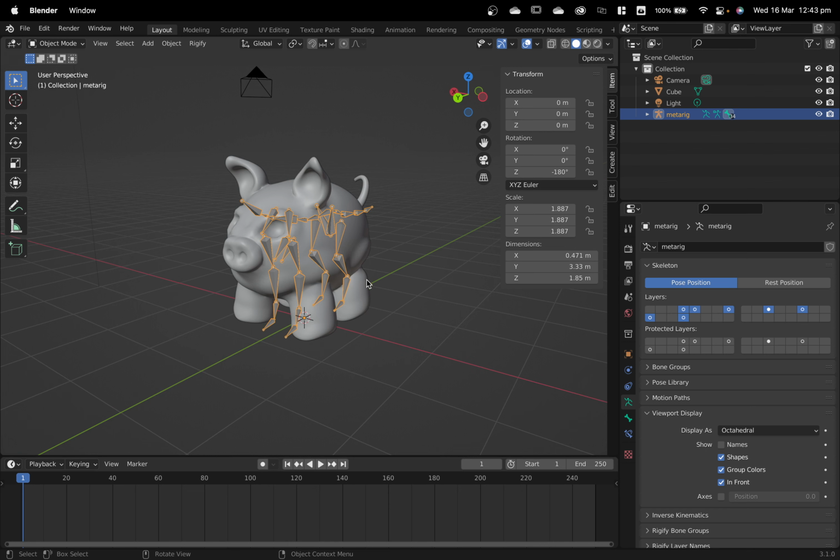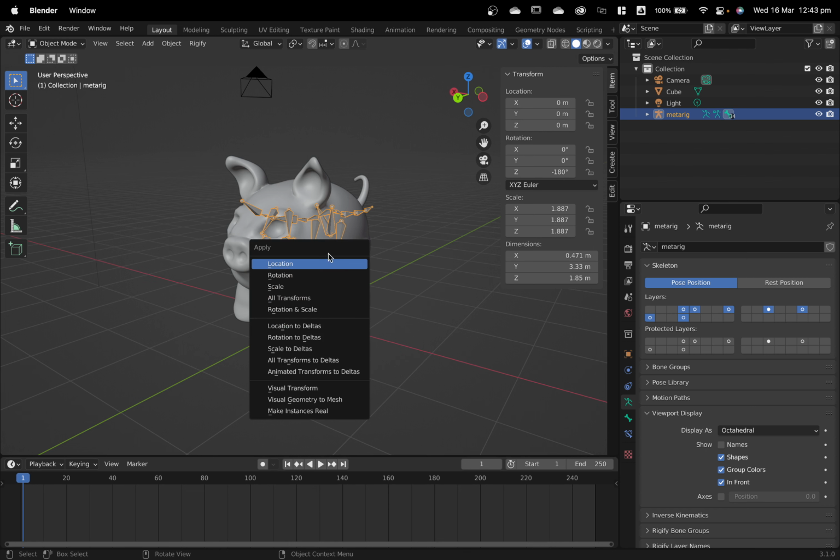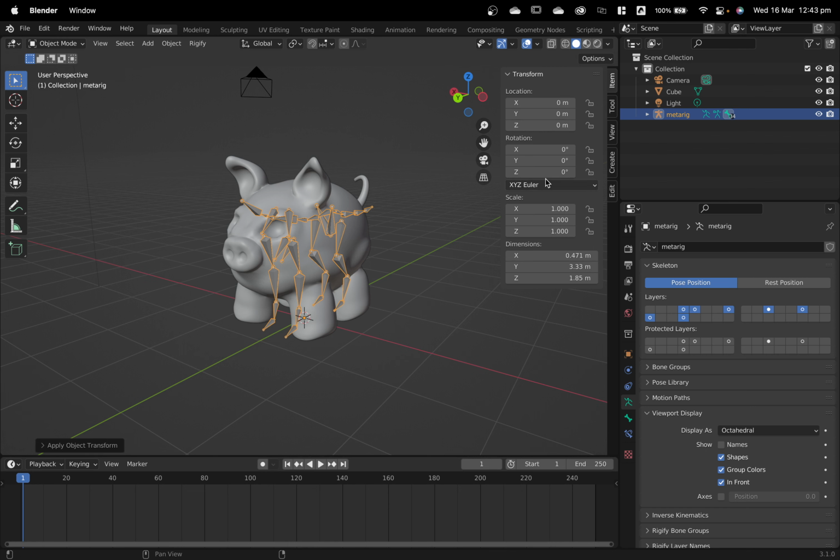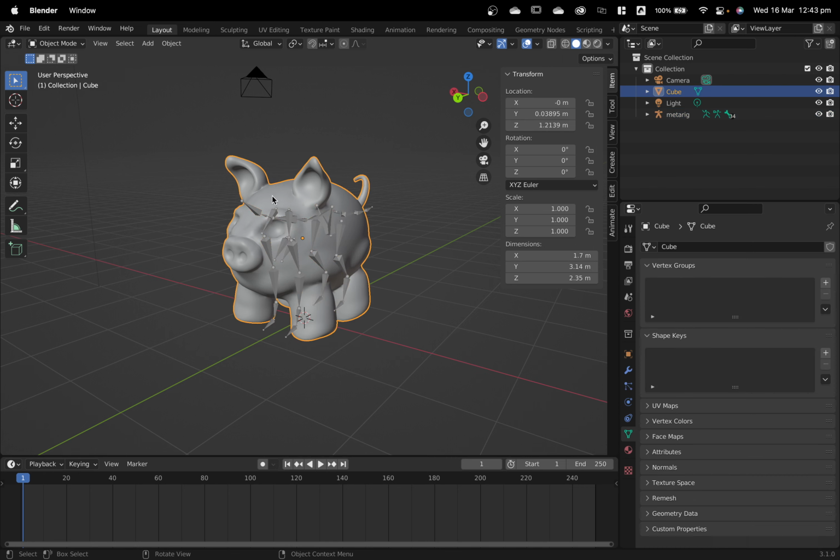So to zero this, Shift A, my bad. On a PC, sorry, it is Control A. You should be able to see that word apply, and we want to apply all transformations. And what happens is now it zeroes out the armature and says this is its original size. Does that make sense? What was it on the Mac? You said Shift A. On a Mac, it's Command A. So same thing as your pig. You must select the pig, Command A or Control A,